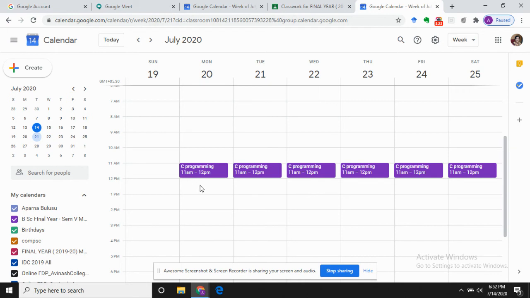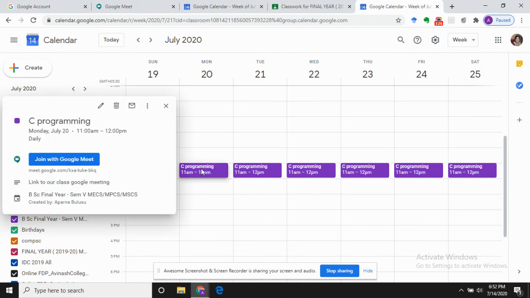For the student to join, they can just click on the block and it directly connects them to the Google Meet app. They can directly click on the join with Google Meet link and would be taken to the class that you're running through Google Meet. So this is a very quick and efficient way of sharing your meeting IDs with your students and also making sure that only the students of a particular class get the meeting invite IDs.